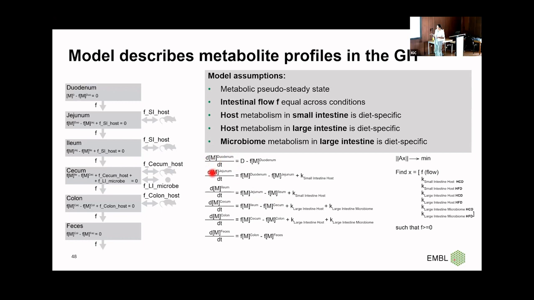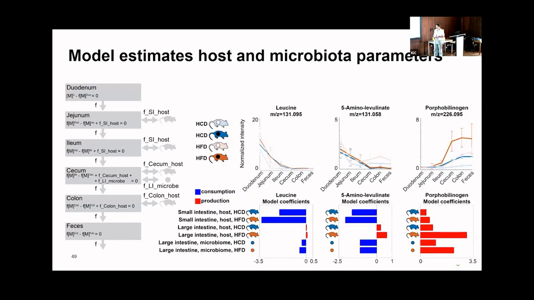Under this assumption, the mass action kinetic equations that we use to describe metabolite abundance in each of the mouse tissues boil down to a system of linear equations because we assume the steady state, so on the right side there is no difference over time, basically. And this model allows us, in a very coarse-grained manner, to estimate the relative contributions of different parameters or factors in our model that contribute